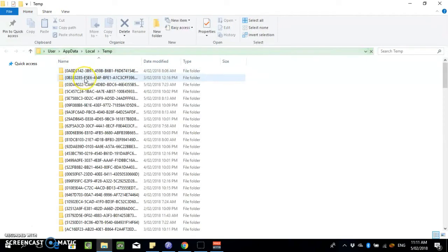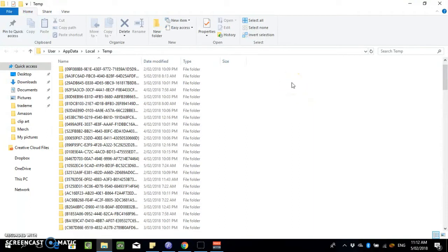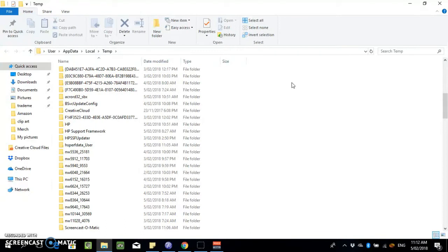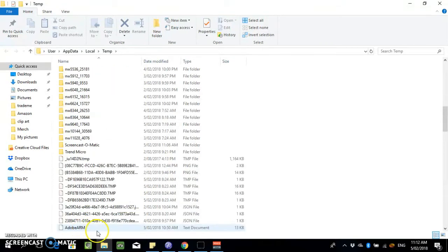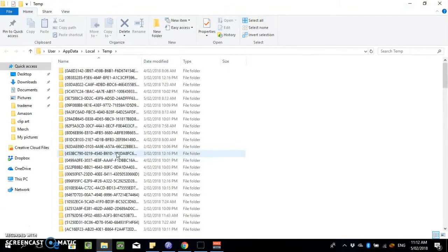I deleted all these temp files a whole lot like 2 days ago, and as you can see there's a whole lot more now. So you just want to select them all, press Ctrl A and then delete. Even Screen-O-Matic, the thing I'm using right now, has put a file on there, and this actually cleared up 1 GB of space for me, which is a fair bit for just temporary files. Yeah, that was the first thing I did. It didn't seem to make a whole lot of difference, but